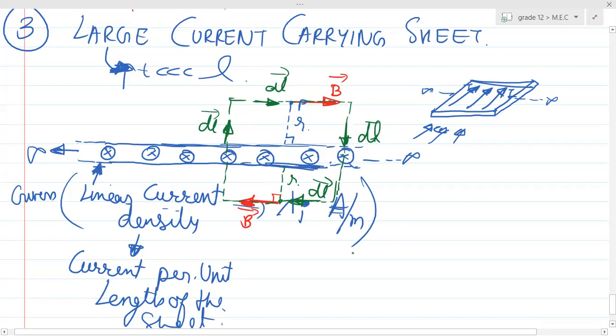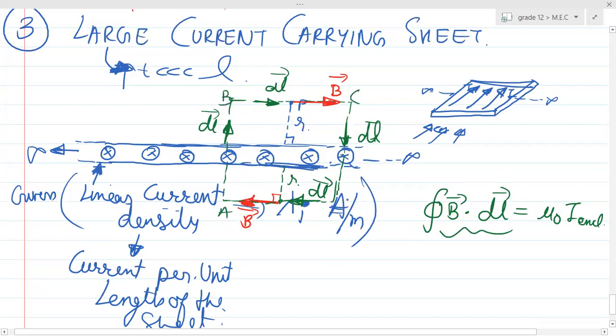Now see over here, guys. By Ampere's circuital law, I'll apply integral of B dot dl equals mu naught into I enclosed. You don't need to write the whole thing, just draw a current carrying sheet and this loop at a point R, or otherwise I'll make a note for this. Now again we will see the left hand side. The left hand side contains how many parts? Four parts: A, B, C, D.